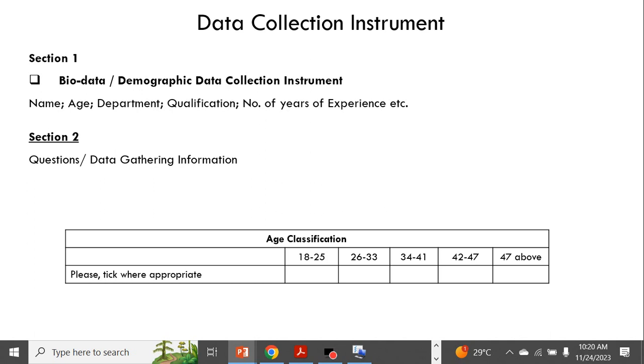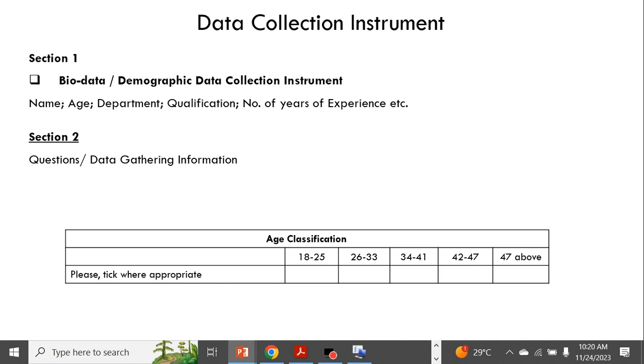Traditionally, when questionnaires are structured, they are often structured in two styles, or with two sections. Oftentimes, section 1 consists of the bio data, or simply the demographic data collection instrument.